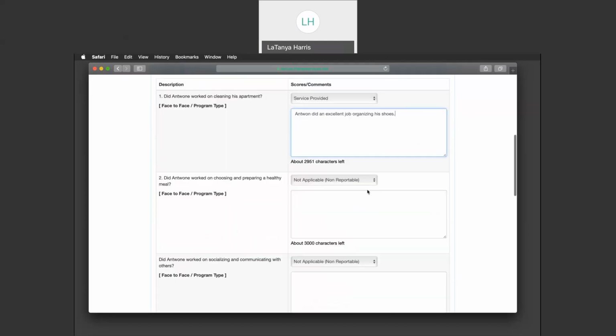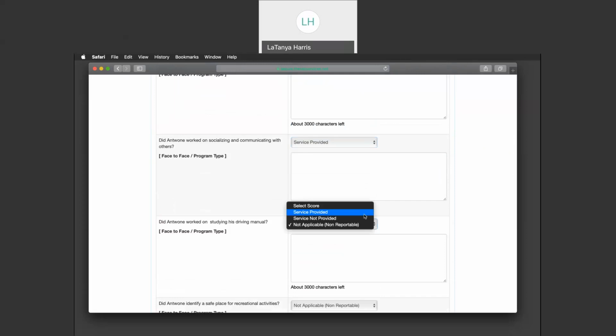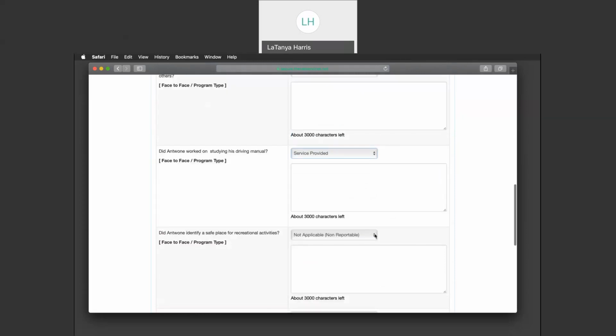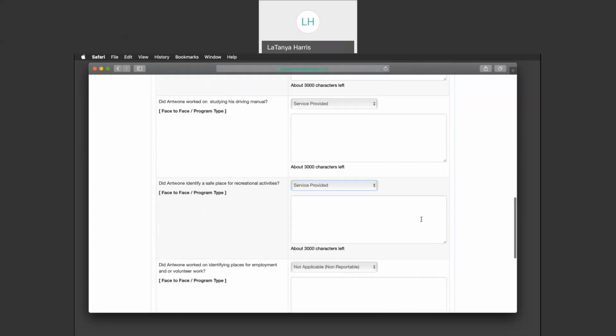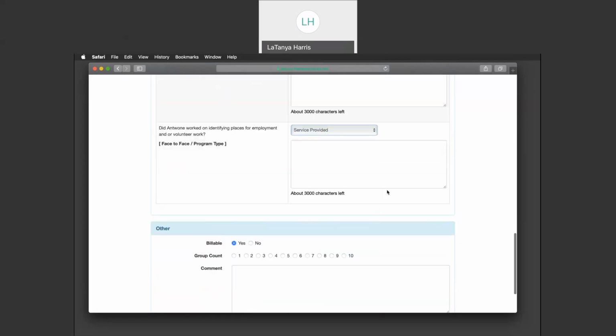You move down to the next goal, and then for the next goal, you work on it, service provided, etc. Service provided, service provided, service provided. After you've finished providing all the services and you've notated that the service has been provided, you must